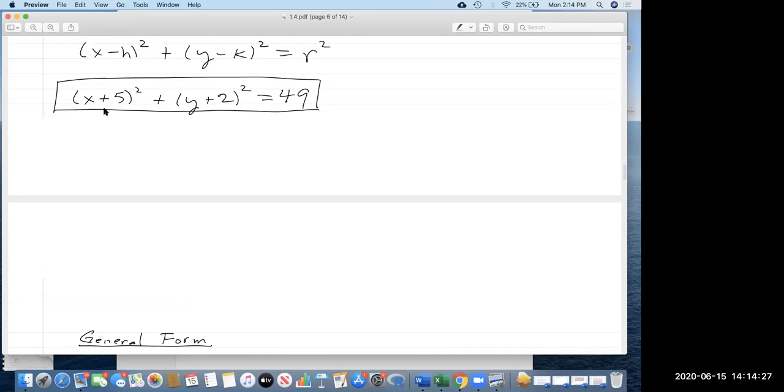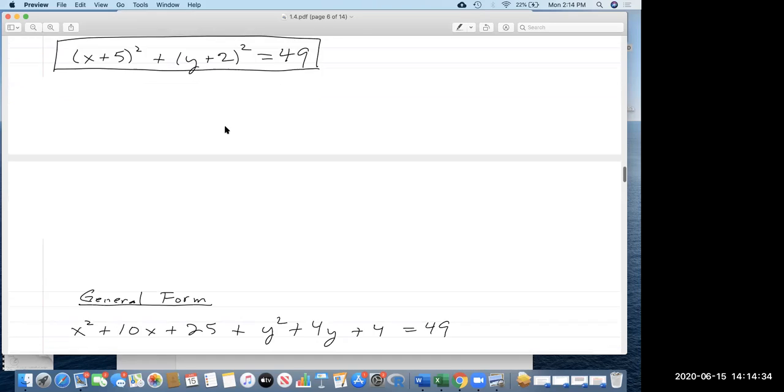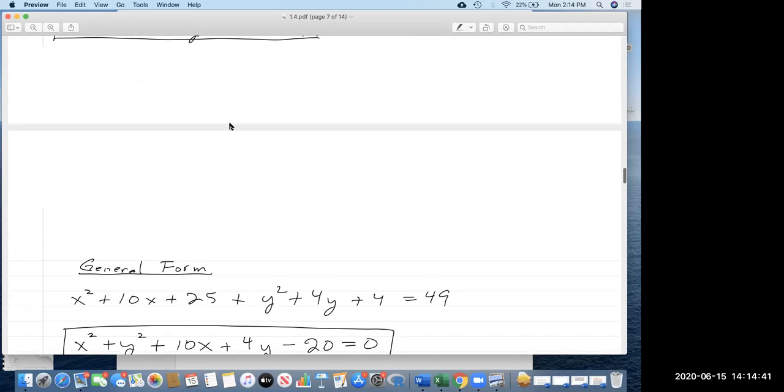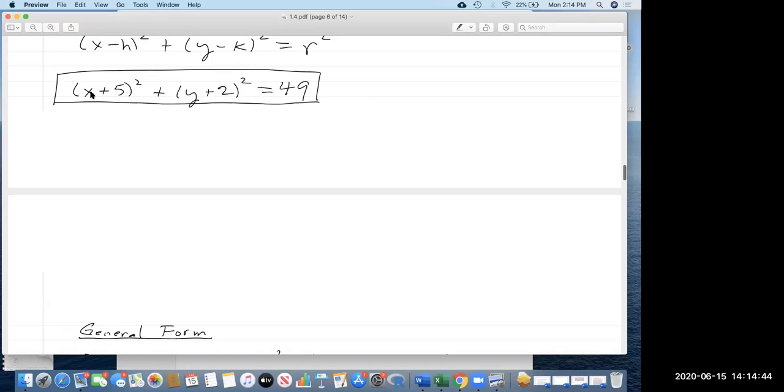The general form is found by just squaring this out and simplifying it. It's just a general quadratic equation in the variables x and y. And so, by the special product formula, the perfect square trinomial, a plus b quantity squared is just a squared plus 2ab plus b squared. So x squared